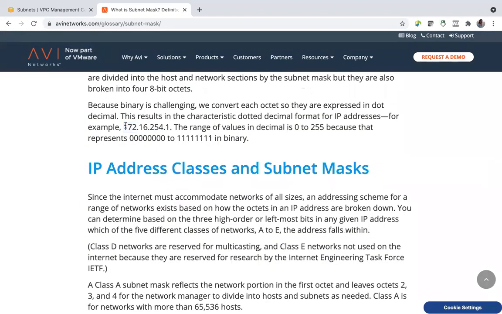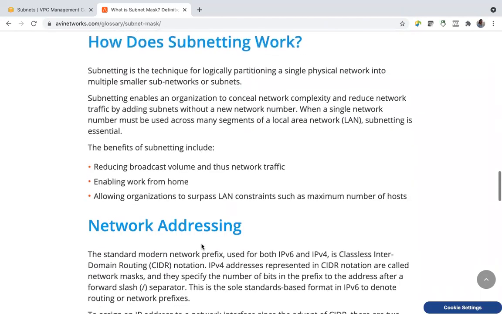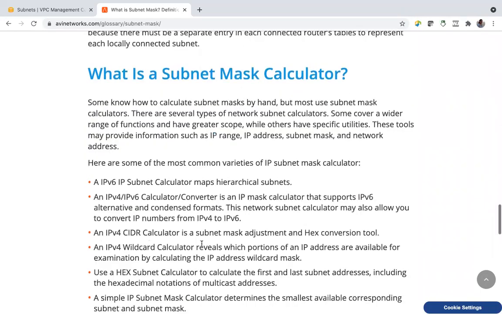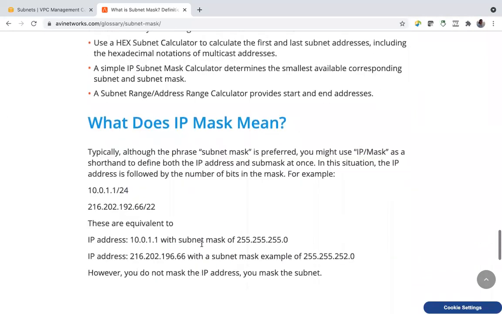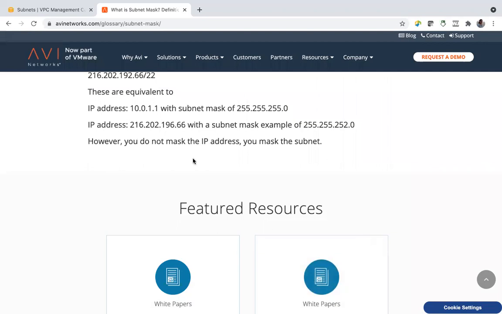Based on these two numbers, you can decide whether it's class A, class B, or class C, and depending upon the class and these two numbers, you can calculate the usable range of IP addresses. And how to do that? Network addressing, see, subnet mask calculator.